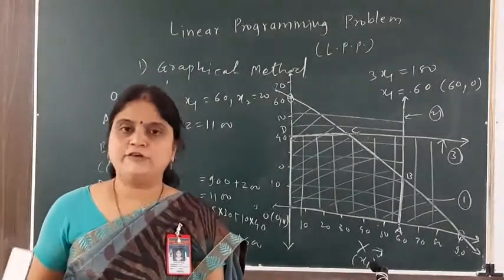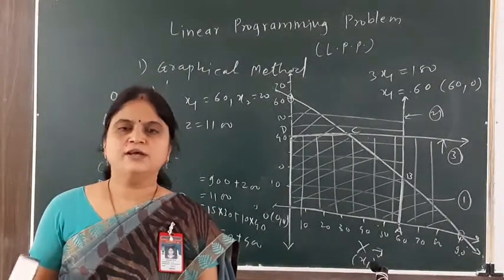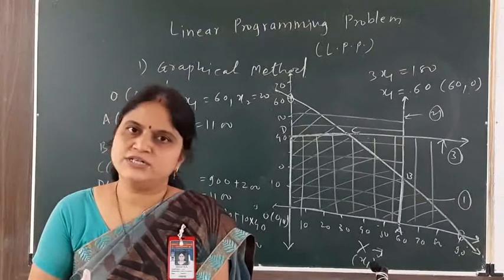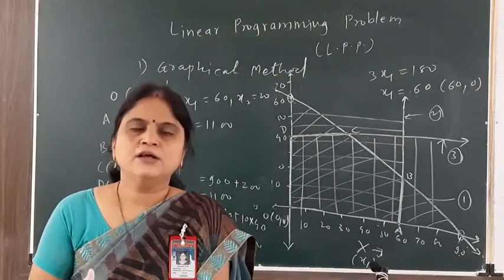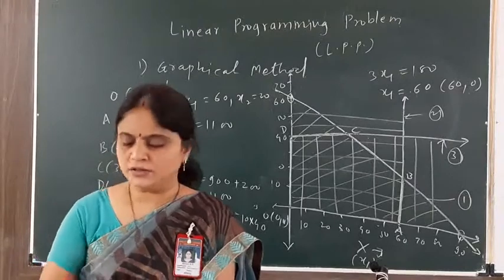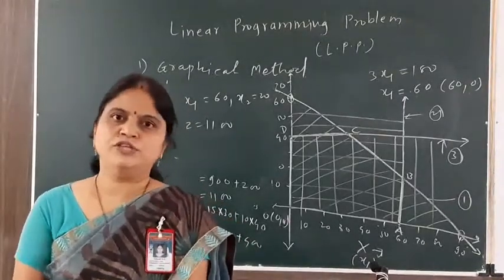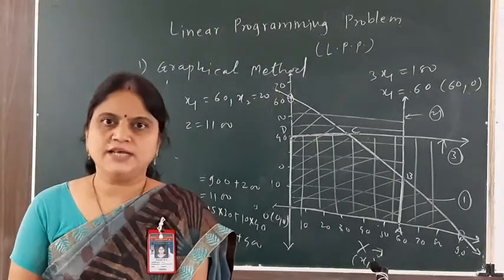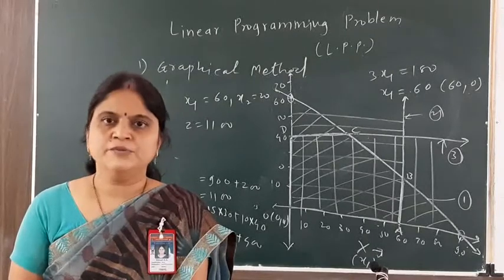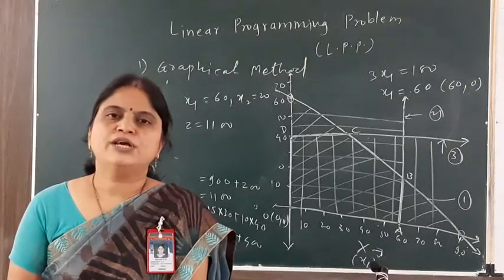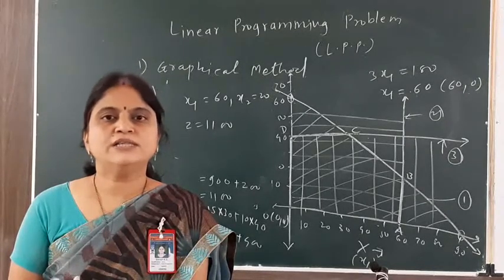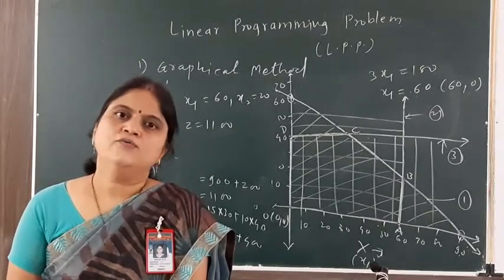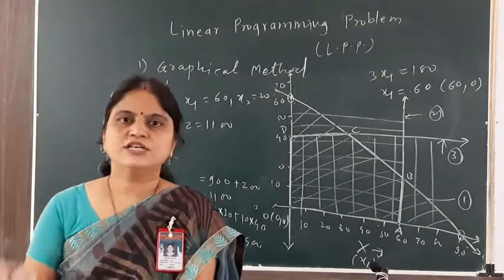So that is my graphical method. Over here, what do we have in this method? We consider all the constraints as equality type. Then we draw the line for all the equations after considering some values of these variables. Then by considering the sign, we draw the area under each line. After that, we find the area covered by all these three lines, which gives the common area. After having the common area, we can find the points for this common area.